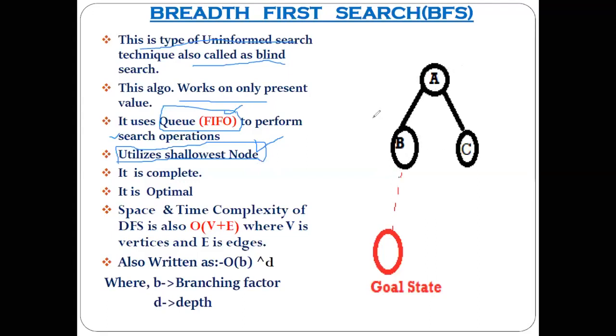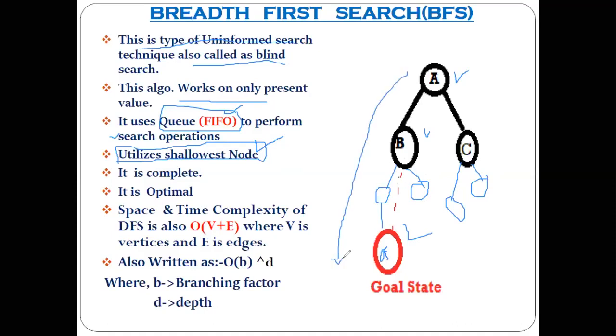Suppose here is your goal node. This is the root node. This is its children. Consider that before we reach this point, there are again 2 children here, again 2 children here. And consider that after this we are reaching this node. Now deepest means, if you choose this direction,